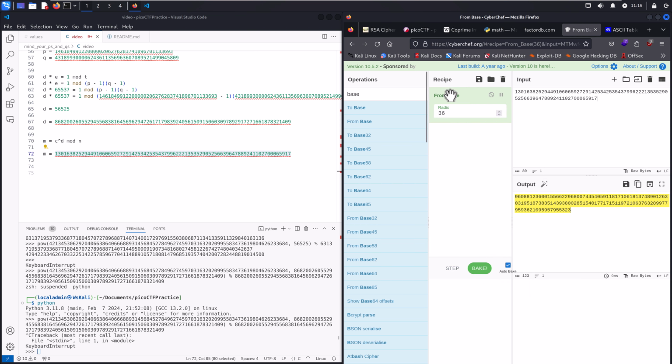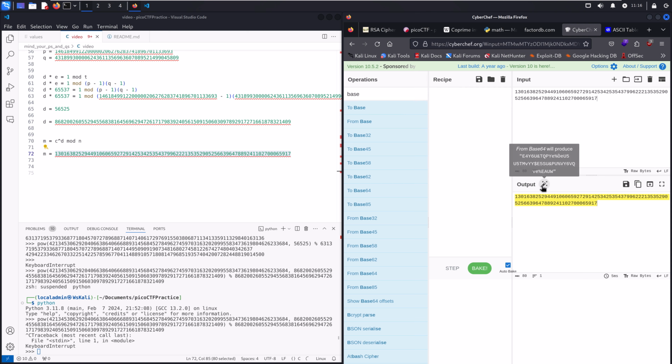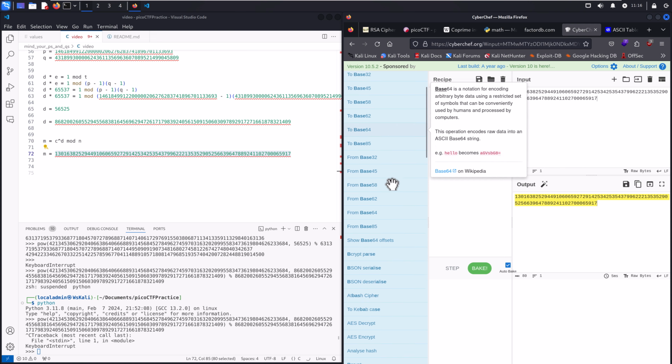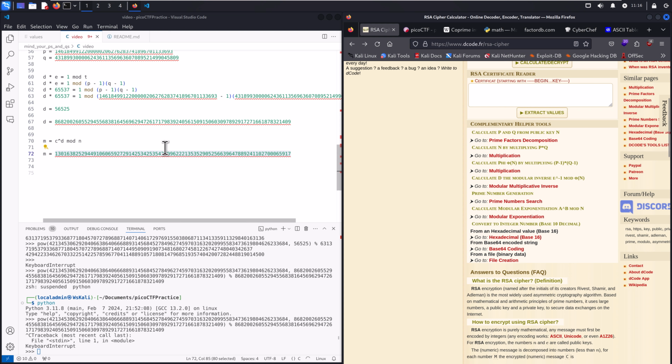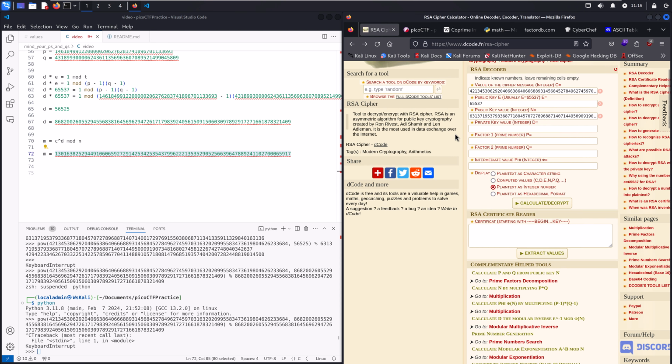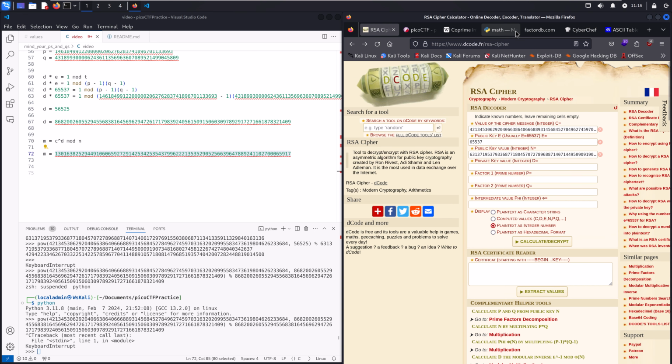From base 10. Oh, that doesn't help. From base 64 will produce something that's not very useful. Now, how do I get this to an actual